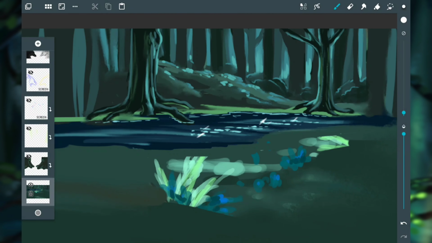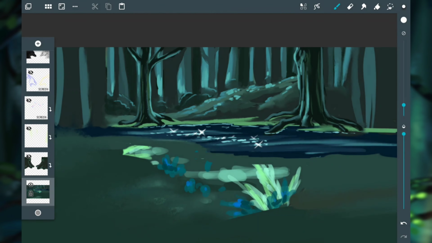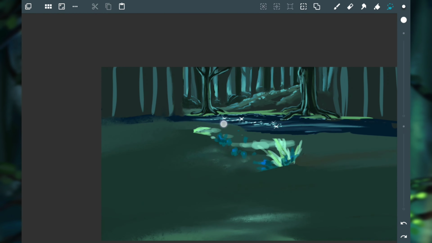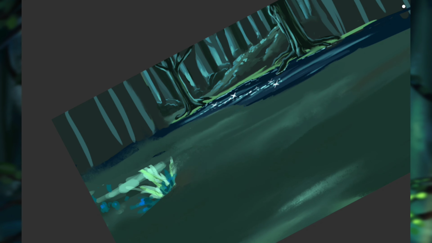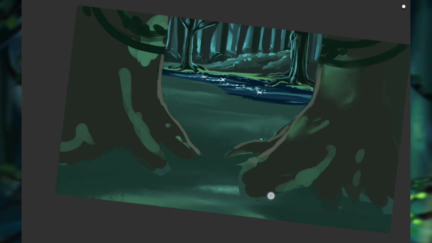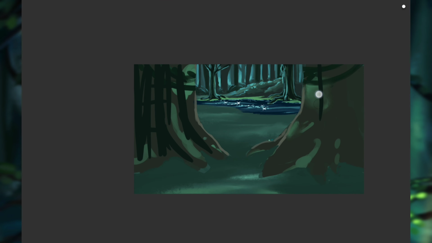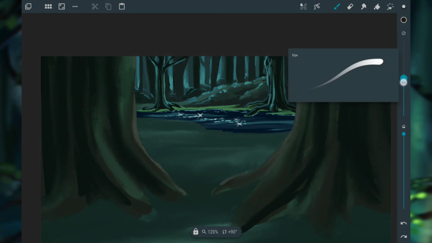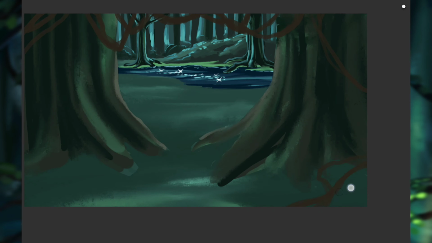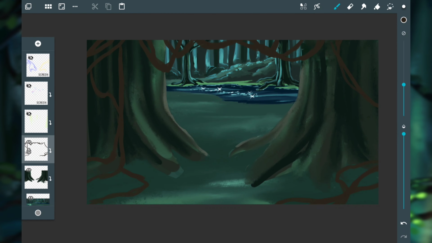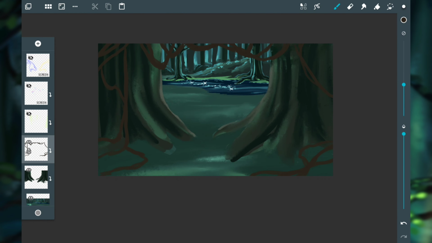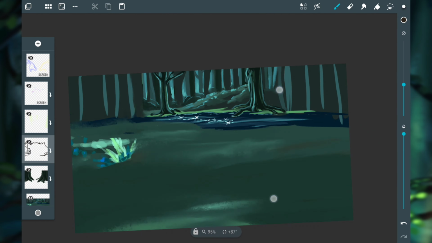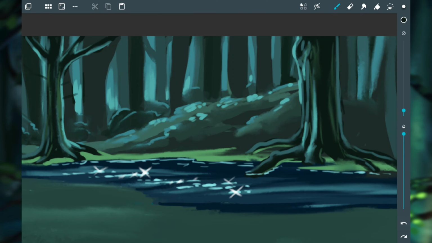I wasn't as happy with the stuff in the foreground, like the ferns and the sort of stuff that's in front of the river but before the big trees. I just couldn't quite nail it. I'll have to make sure I do some studies on plants because I still struggle with plants and leaves a bit. So it is one of my weaknesses at the moment. I will have to try to get better at it.